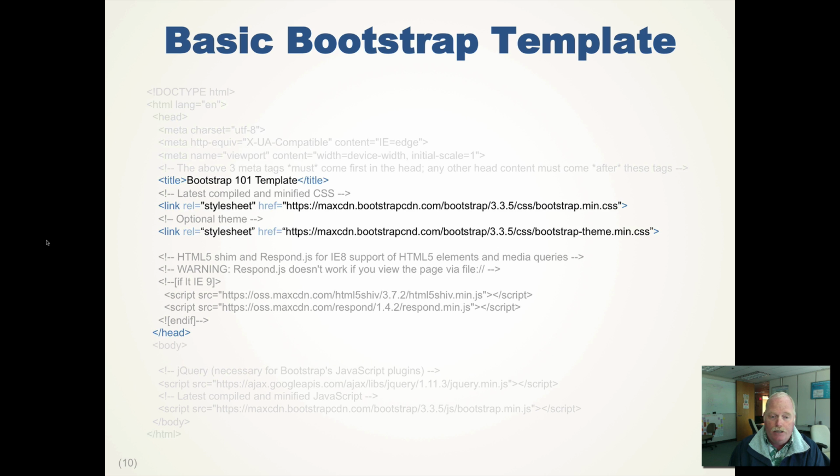Then we have our title, and then we want to load in the CSS from the CDN. So we just use our 2 links. Again, optionally, we get a theme if we have one. That provides the default colors for the different kinds of things. And then we can have this HTML shim, which allows us to use HTML5 on Internet Explorer 8. Nice thing to have. Don't necessarily need it. I don't know how many people are using Internet Explorer 8 anymore, but that's a nice little thing to put